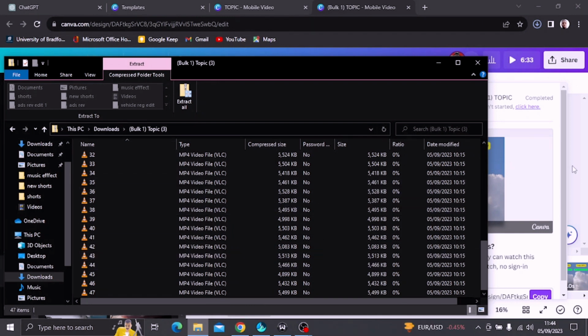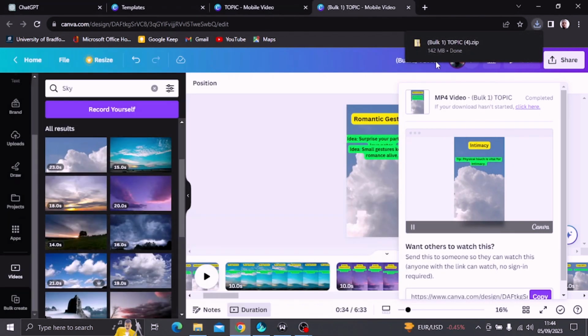I would not advise that you upload directly from this app, because you need to add captions, you might need to do some voiceover, you might need to use some trending sounds that you will not find on Canva. So I would recommend that you download this to your phone, you copy this to your phone, or do it in a separate browser where you have your music library, where you have your recorded voiceover and all of that. And this is how you can create 40 content within the space of 10 minutes, and you have content that will last you for the next 40 days.